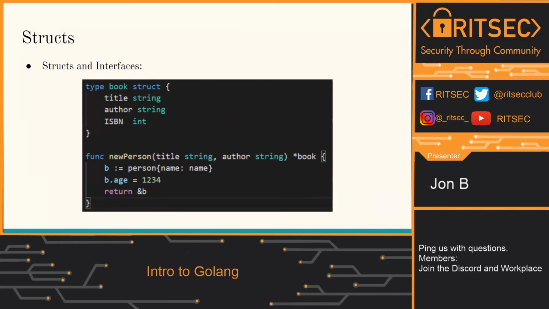And if you're unfamiliar with pointers, it will return the memory address of that, which is how you need to use data in Golang, similar to C. So that's why I say it's very much a C and Python-like language, because it has pointers and structs and all of the other stuff such as that. And then it also has a lot of Python mechanics as well.